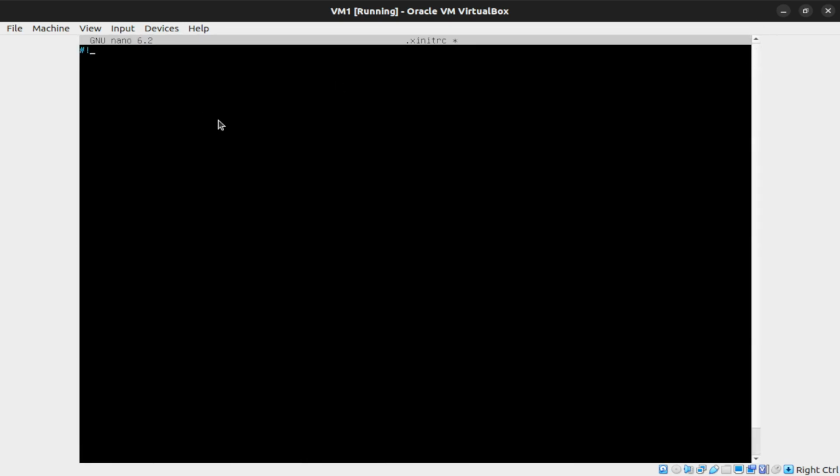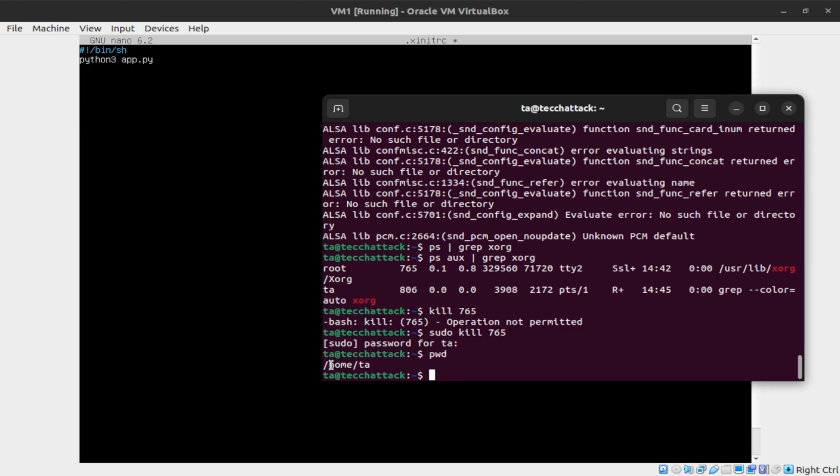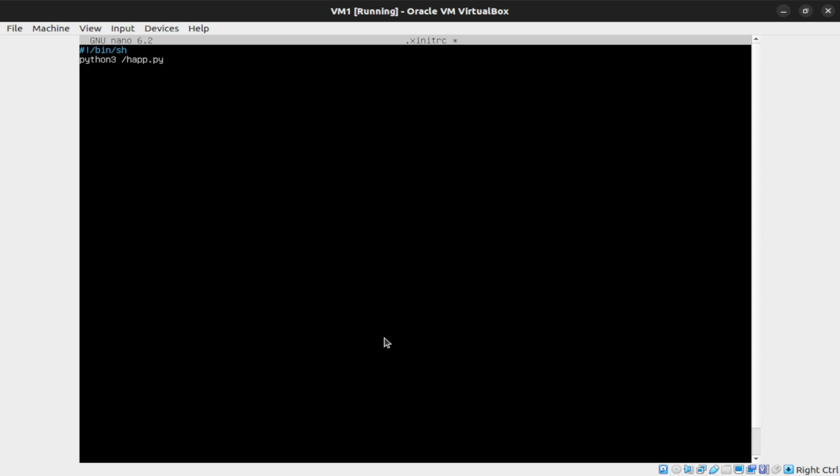Then I give the command python3 app.py. Now it is located in my home directory, so it would be better if I give the actual directory, home/ta, then app.py. Now I close this window and save this one,